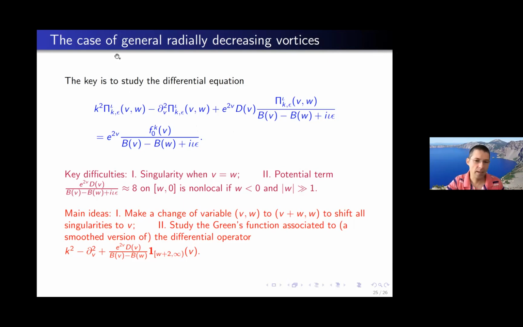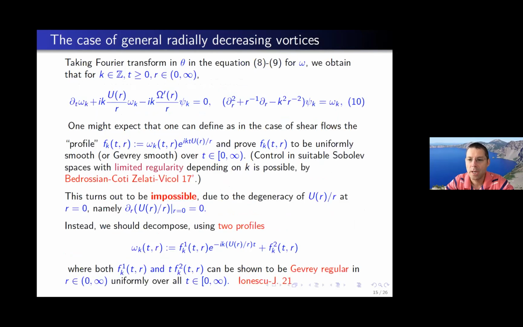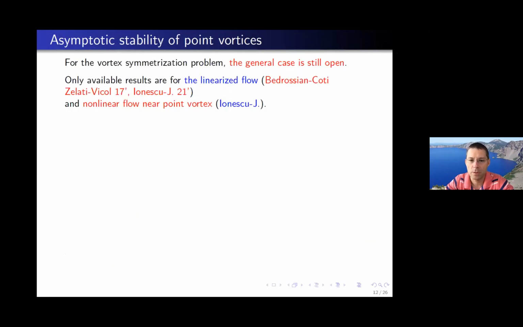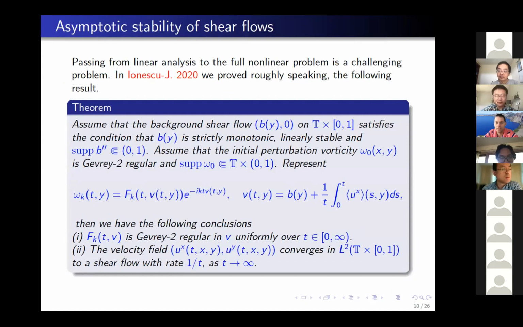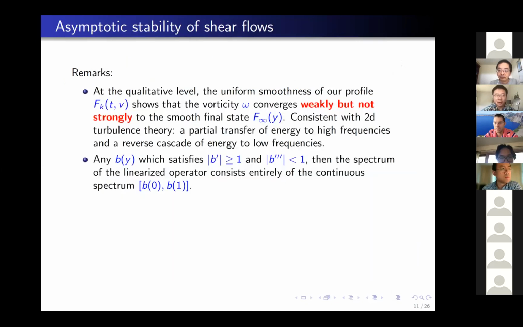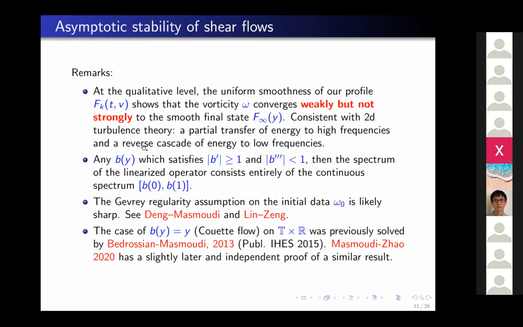Let me ask, so in the first part of your talk, when you talked about the case of the strip, basically the periodic strip, you talked about your result, which involves Gevrey regularity, but then you also mentioned a result that involves only Sobolev, and you said that your symmetrization type result doesn't hold. Did I understand it right?